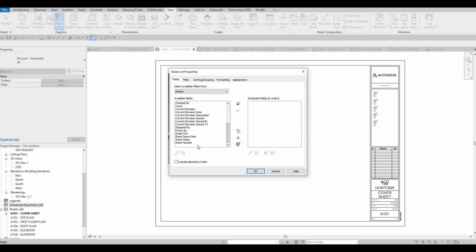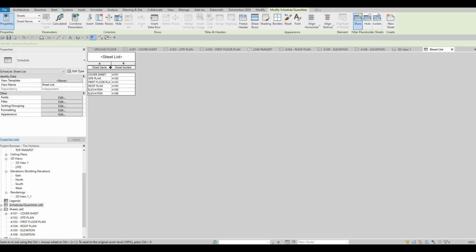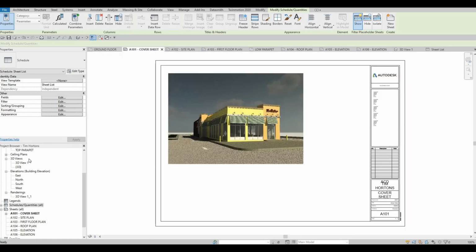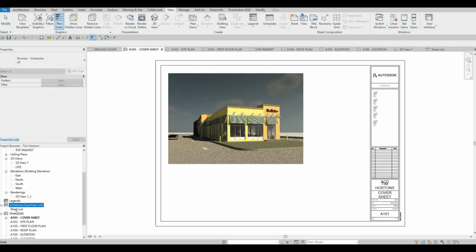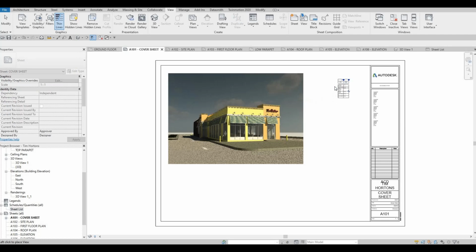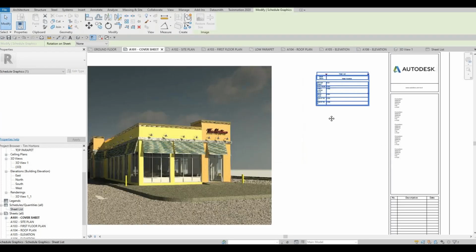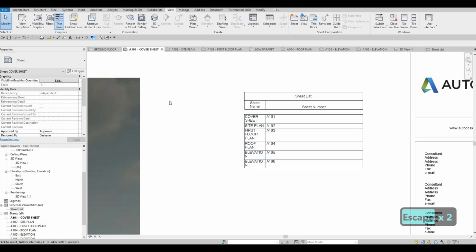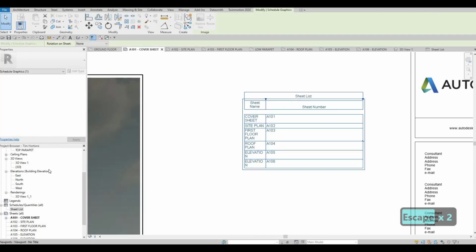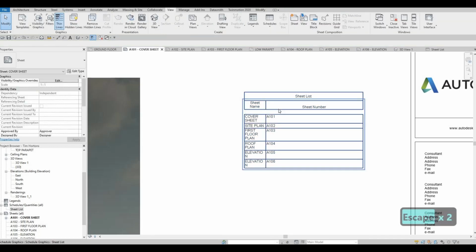Go down, put the sheet number first, so add parameter, and then sheet name next is add parameter as well. If you don't need anything, you just click this one, remove parameter, and then that's the only thing that we need. Press OK, and we have this list. Of course, we're gonna clean it up, so I'm going to go back to cover sheet, drop it down, and then drag the sheet list right here. Of course, it's not looking good yet,